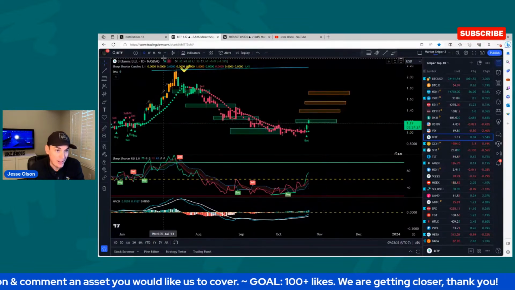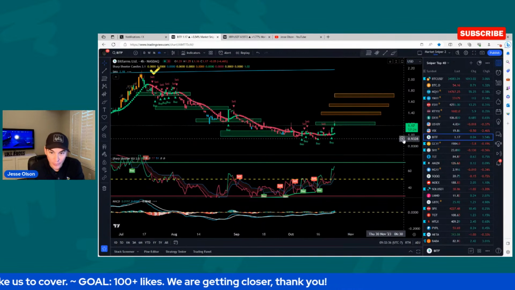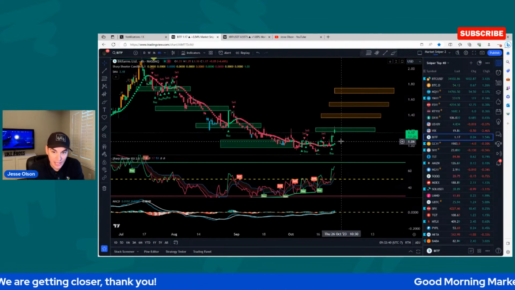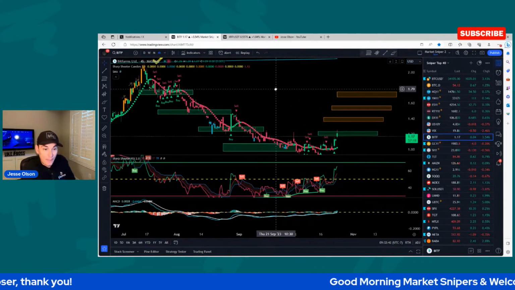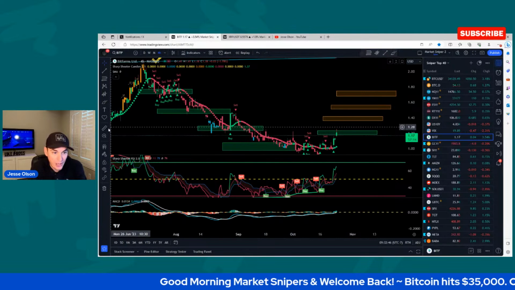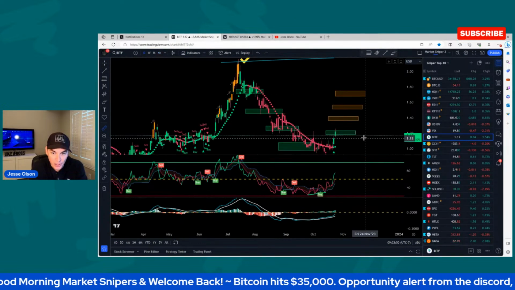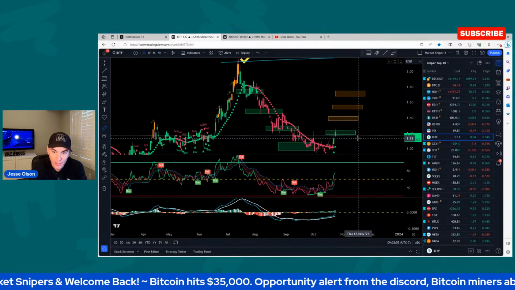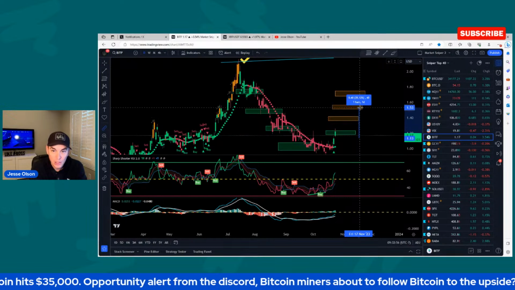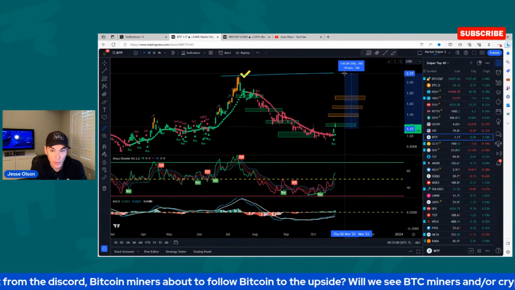So it's retracing back. You can look at it from a lower time frame standpoint. It came all the way up. Is it letting the trending dots kind of catch up? Possibly. So there could be a lot of opportunity, even from where there was a buy signal on the daily chart yesterday. Even from there at $1.13, you're looking at target 1, target 2, target 3, target 4. Remember, Bitcoin is back above the 200-week moving average.